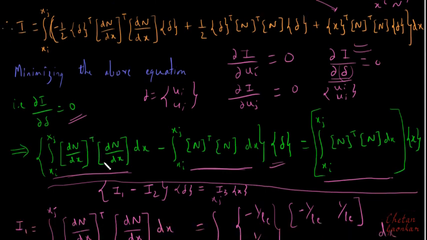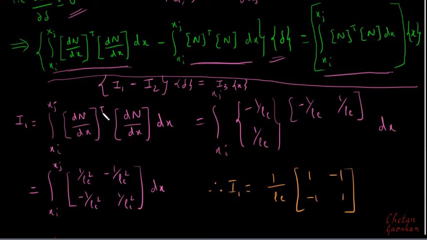Since here I have the transpose, that's why I will substitute it in terms of a column vector. And here, since there is no transpose, I will substitute it in terms of the row vector. And then further, if I multiply this, since this is 2 by 1 and this is 1 by 2, I should get a 2 by 2 matrix, which I have got here. And this matrix is similar to what we had obtained last time, and I had shown you in detail.